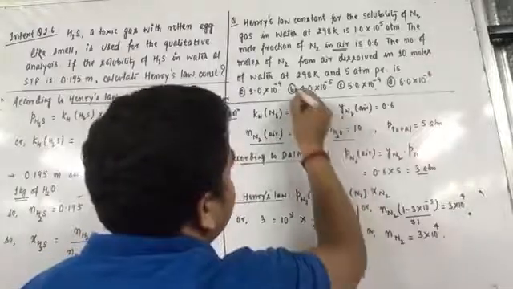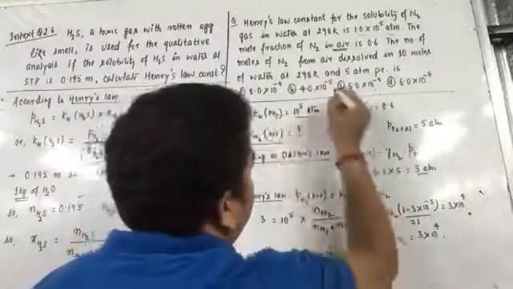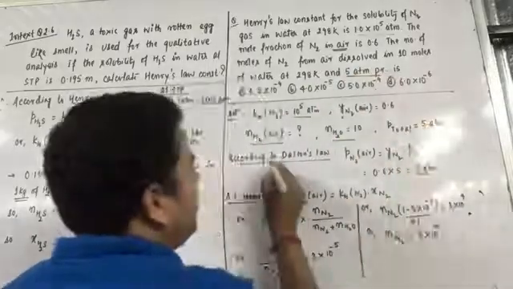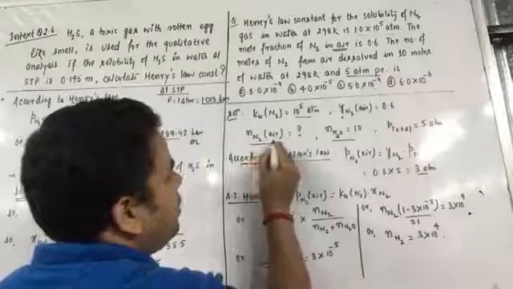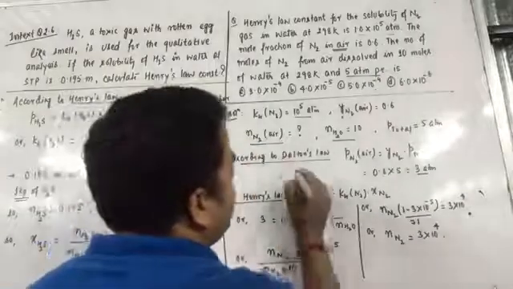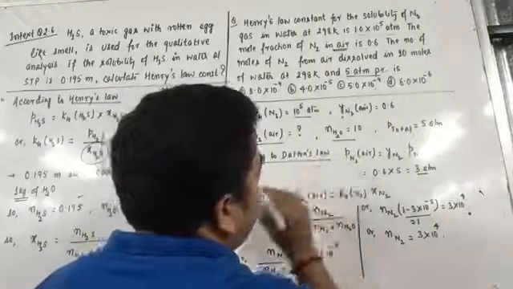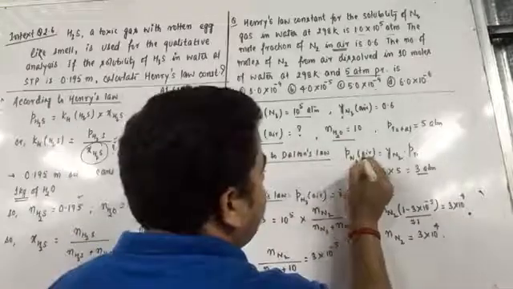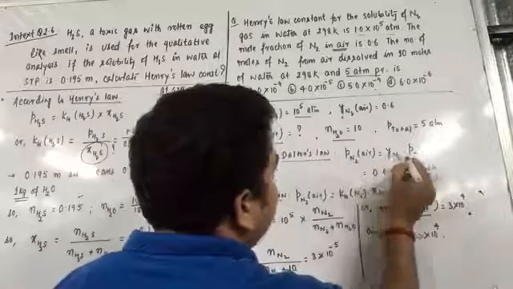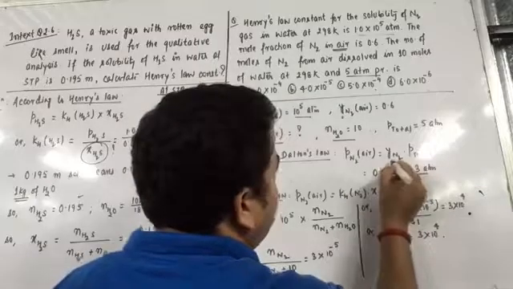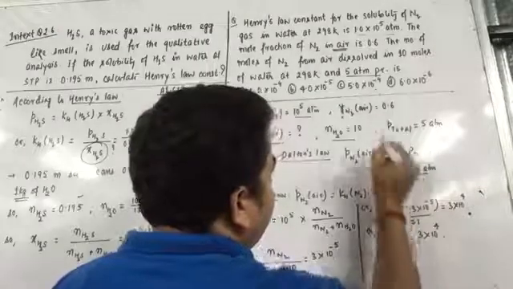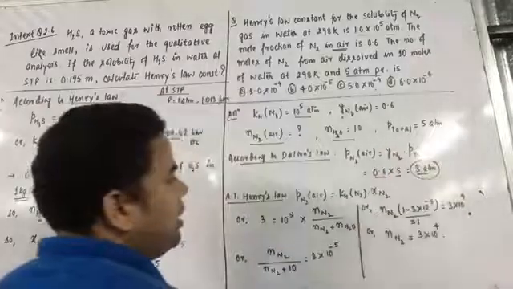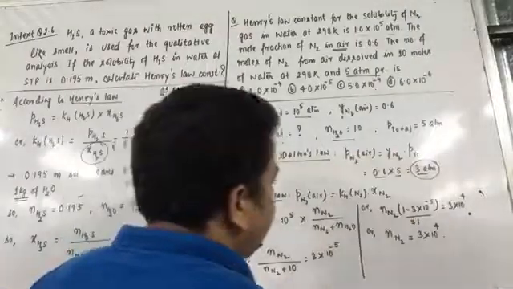Number of moles of water is given as 10 now, and total pressure is given as 5 atmosphere. Our target is to calculate number of moles of nitrogen in air. So let us first use Dalton's law. According to Dalton's law, we have read in class 11th in states of matter that partial pressure of nitrogen in air is equal to its mole fraction multiplied by total pressure. Mole fraction in air is given as 0.6, total pressure is 5, so this comes out to be equal to 3. This is pressure of nitrogen in air, equal to 3.